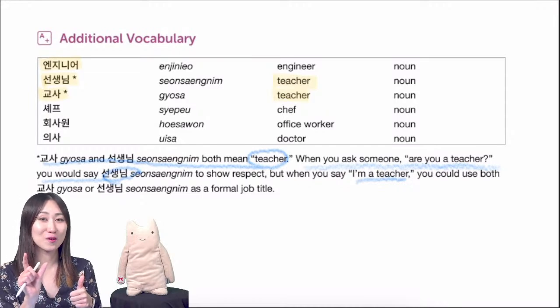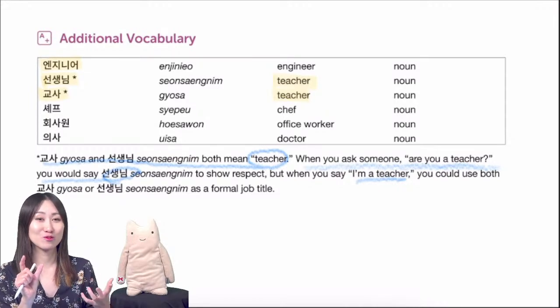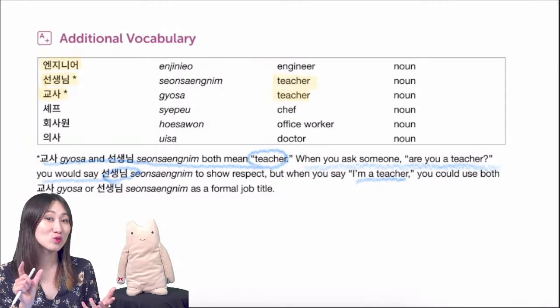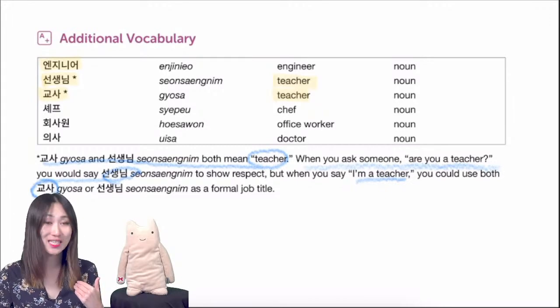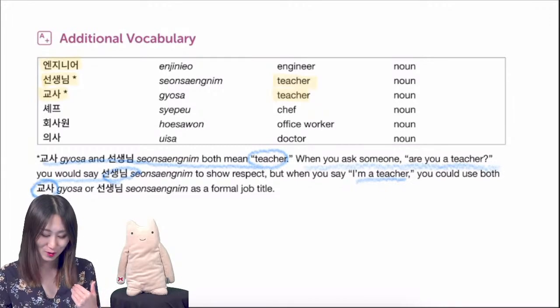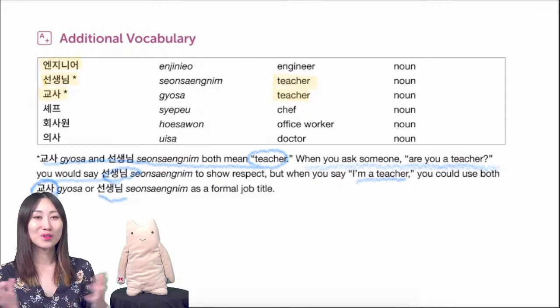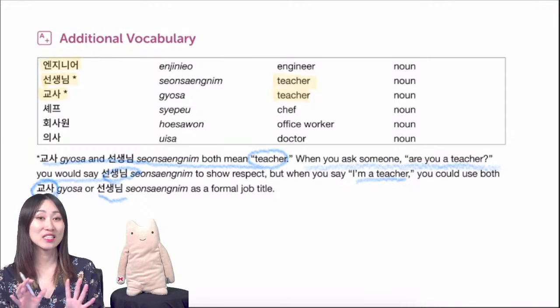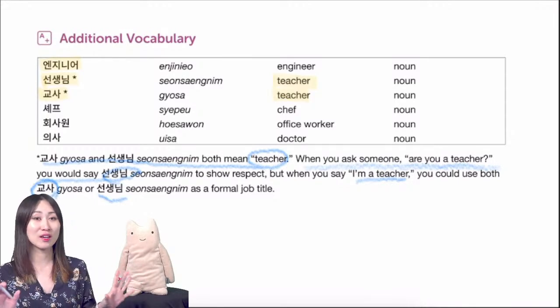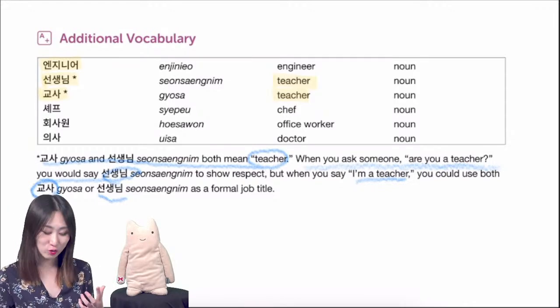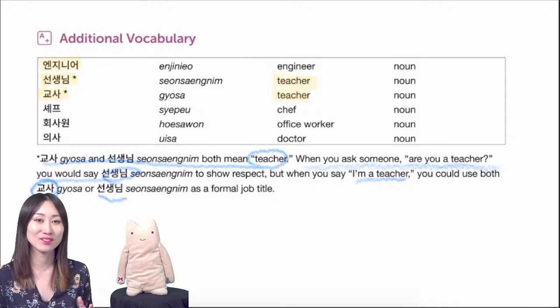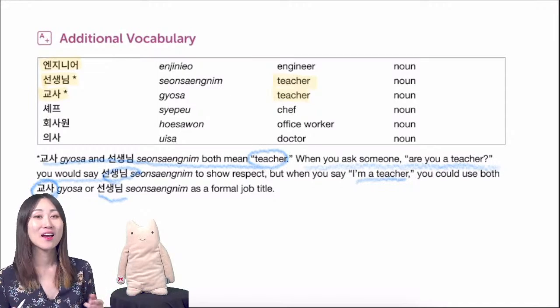But 선생님 itself is a very respectful word. And you usually don't use such a respectful word for yourself. So many teachers say 교사 instead, because 선생님 is too polite. So you don't have to be polite to yourself, right? But again, it's a common word in Korea. So some people say, oh, I'm a 선생님. Yes, 선생님이에요 is okay. But some people still use 교사 because they don't show respect to themselves.